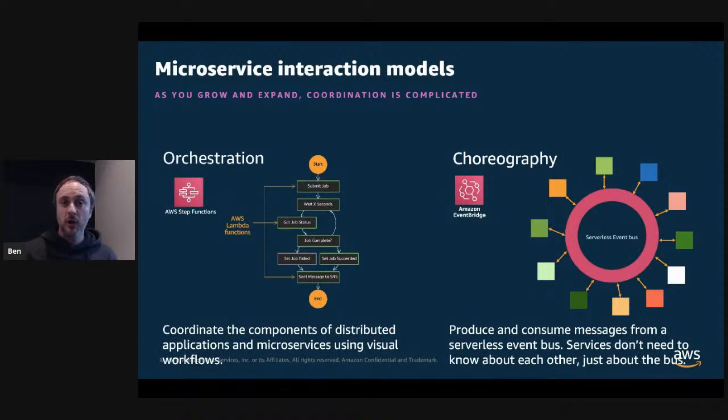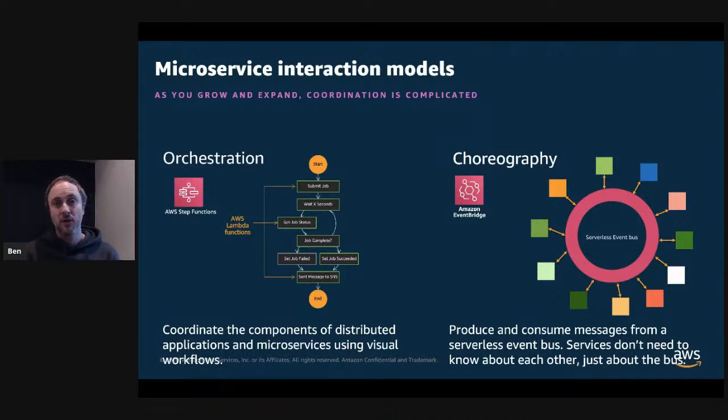So as your microservices grow and your applications expand, then you start to need a reliable way to communicate within and between those microservices. And two great patterns for this are choreography or orchestration. These are modes of interaction with microservice architecture. So in orchestration, there's a controller or an orchestrator, and this controls the interaction between the services. And it dictates the control flow of the business logic. So that's responsible for making sure that everything happens on cue. And this follows the request-response paradigm. And AWS Step Functions is a great tool for that kind of interaction.